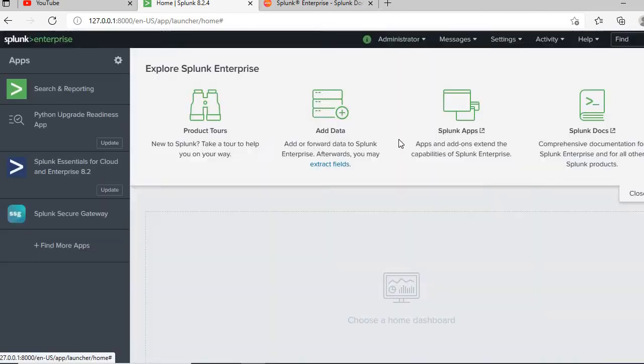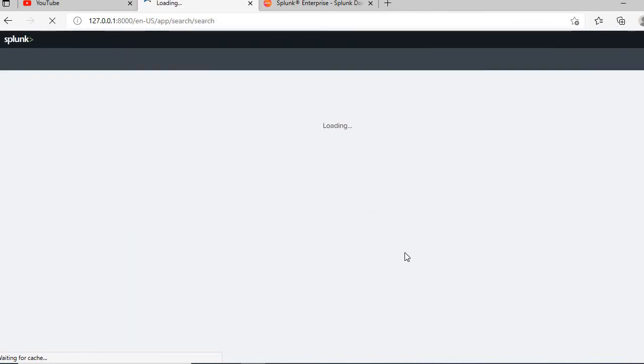All right, now, as I was showing the data, let me go to the search and reporting bar, and I'll try to show a few more details. How does it look when the data appears? Because in real time, you will be getting the logs, and you will be searching the data using the search and reporting bar.